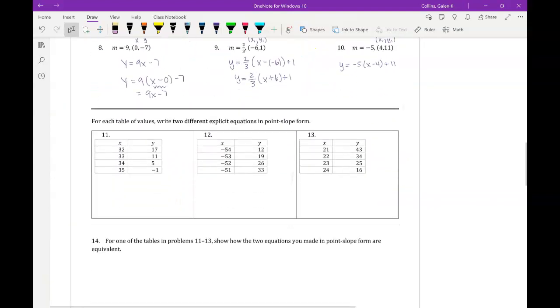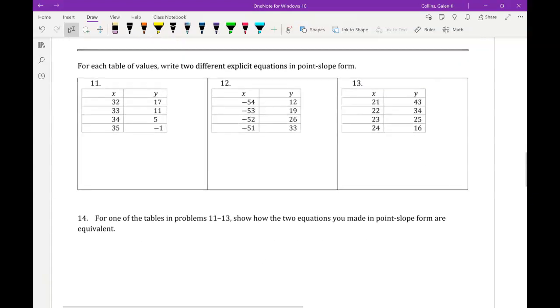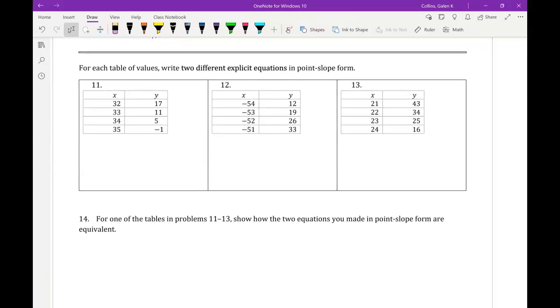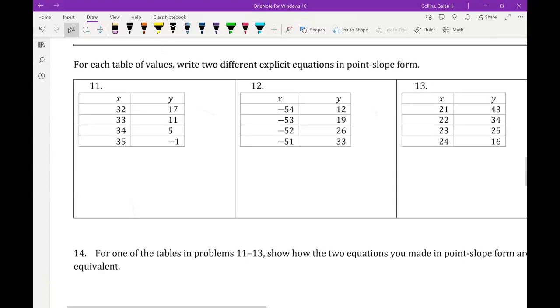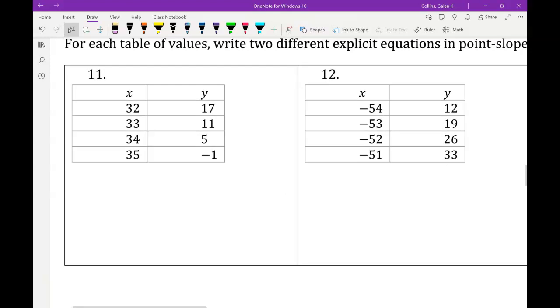All right, last part of the set section. For each table of values, write 2 different explicit equations in point slope form. In all of my classes, I think it was on page 120 in lesson 10, we went over a quick table problem on how to do this. Now I'm not given my slope, so I will have to find it, which is why we practice that skill in class,